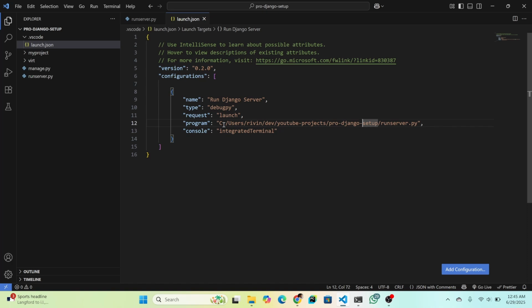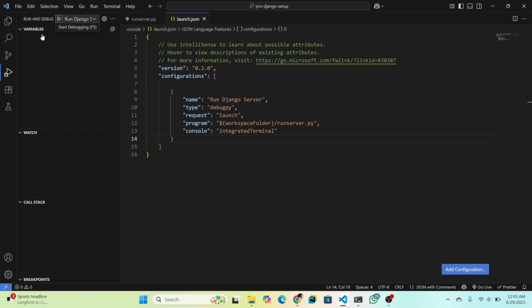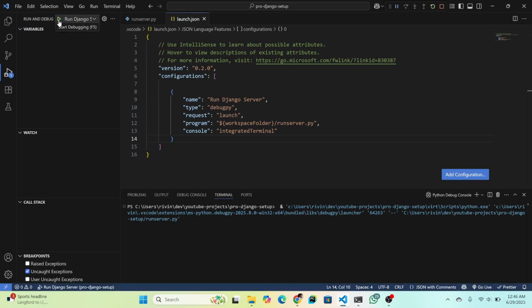So my project and my virtual environment live in the same directory, so I don't want to do that, and I'm going to undo my work, and this is enough. Okay guys, now we can run our Django server by only clicking this run button. Okay, if you're in this file directory, click this Run and Debug button, and here you can see this green play button. You can click that and you will see our Django server